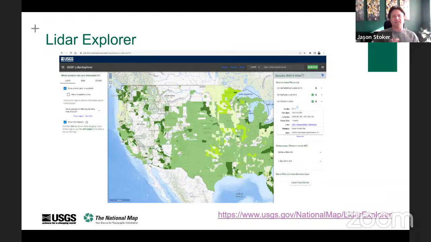We have a lot of data in our repository that's not just QL2 or better data. We have a lot of legacy stuff, for example, that I basically dug out of the dumpster. People just cared about the bare-earth DEMs and didn't care about the point cloud data, and we were able to save that and preserve it. Before 3DEP was established and we had this specification, a lot of these data sets, especially the point clouds, weren't necessarily QA'd as robustly as we do now. So there are a lot of warts in some of that older data. But we do make it available, especially for people who may want to start looking at time series things like I think Chelsea's going to talk about later.